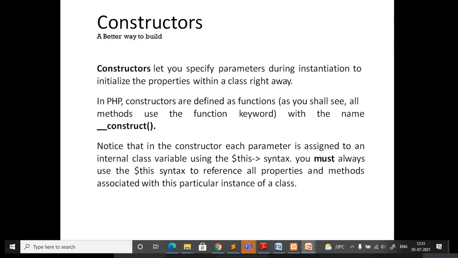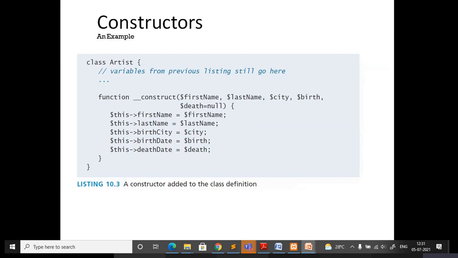It is associated with these properties and methods. Dollar this indicates the particular instance of a class.